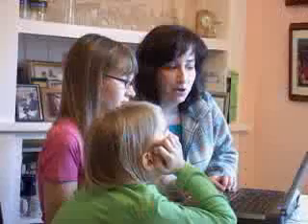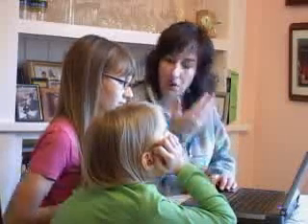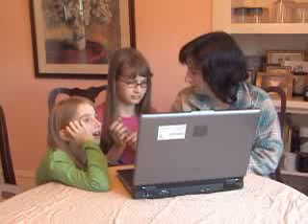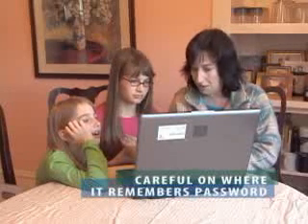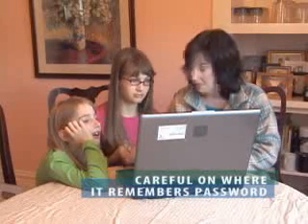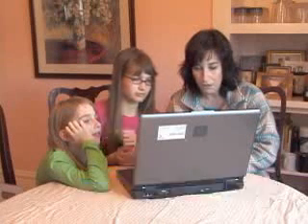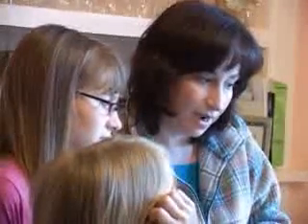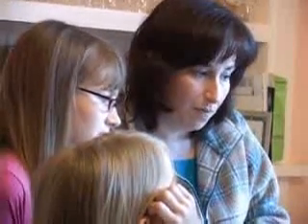So we created an account, and once you put in the password, it'll ask if you want it to remember you. If it's your own computer, probably, but if it's a school computer or one somebody else can use, anybody could log in, so you want to make sure that works for you. Now we're going to go to the blog we created. It pulls up a main page, and we called it Hamster Friends. You can see what it looks like right now. We can actually create a new post,